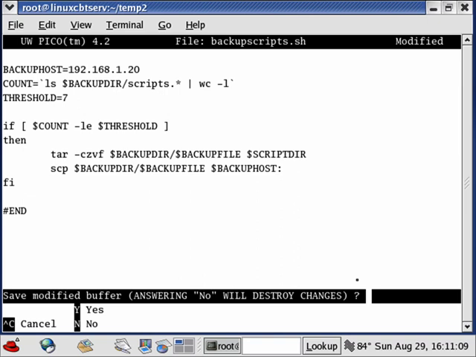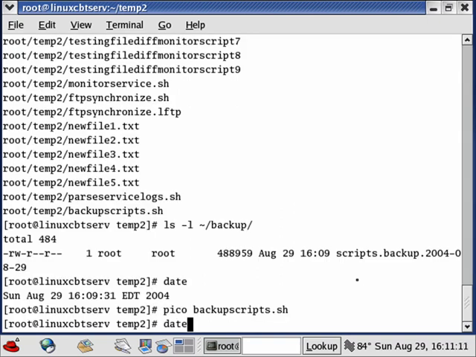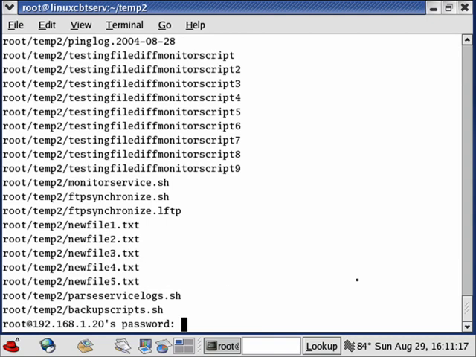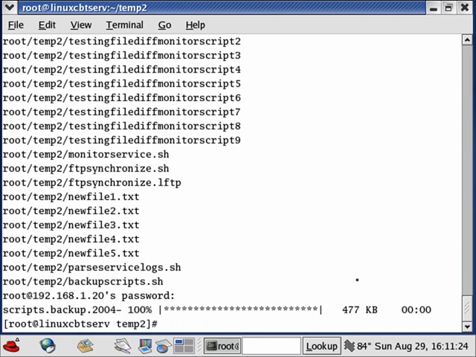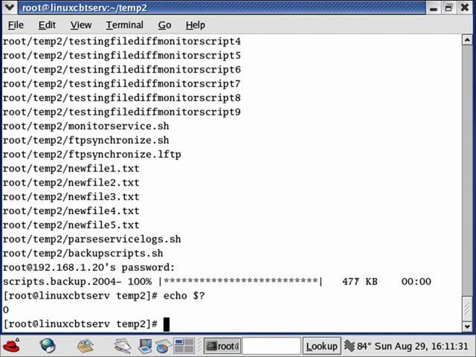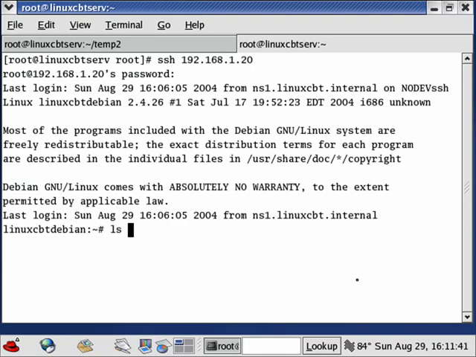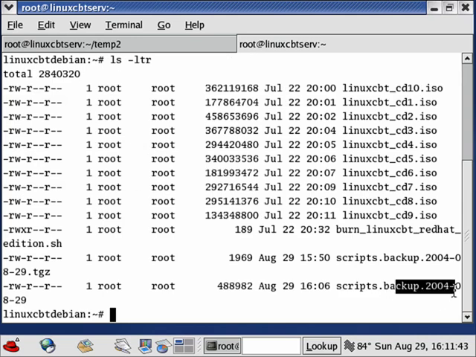Let's show you how this works. Let's run the script, and it's going to prompt us for authentication. So the file has been created, but we need to authenticate to the remote system. There's a simple password set up over there of ABC123. The file has now been copied. Now let's open a new shell, and before we do, let's just echo the variable to ensure that it's an error level of 0. Let's open a new shell, SSH over to 192.168.1.20 to show you the new file as it's created. We can ls -l, and here it is,